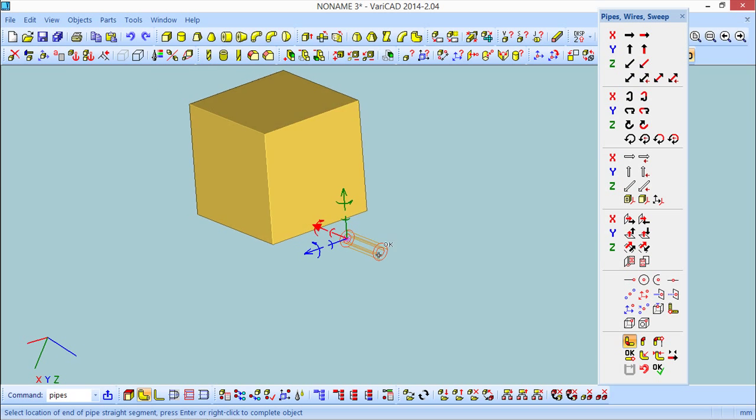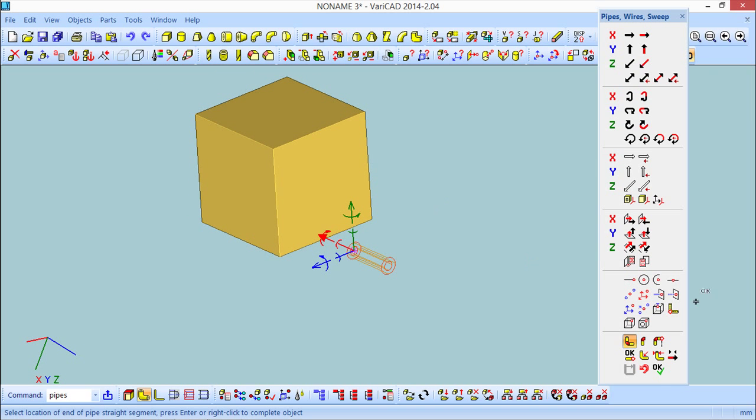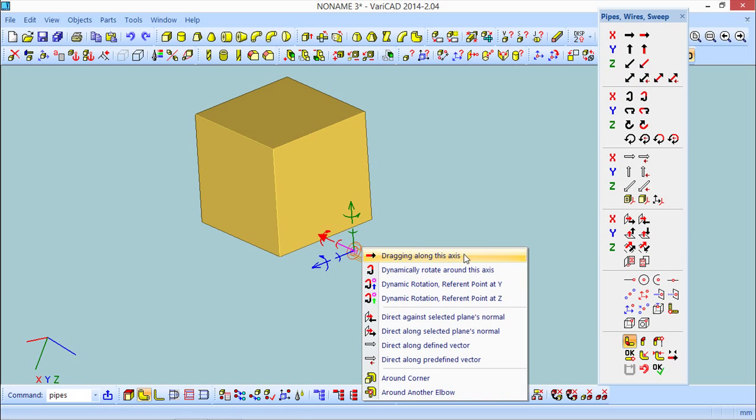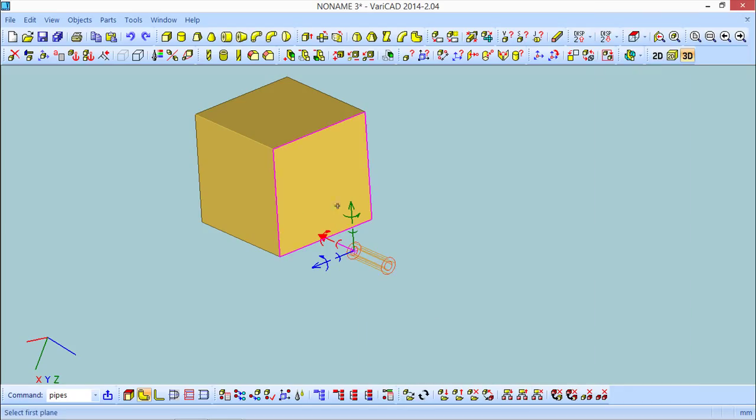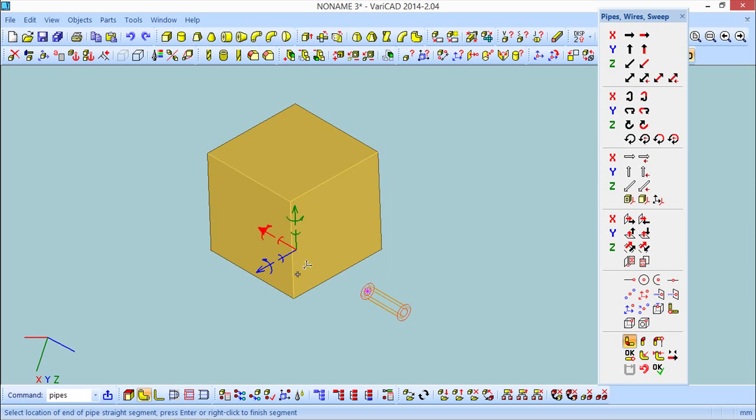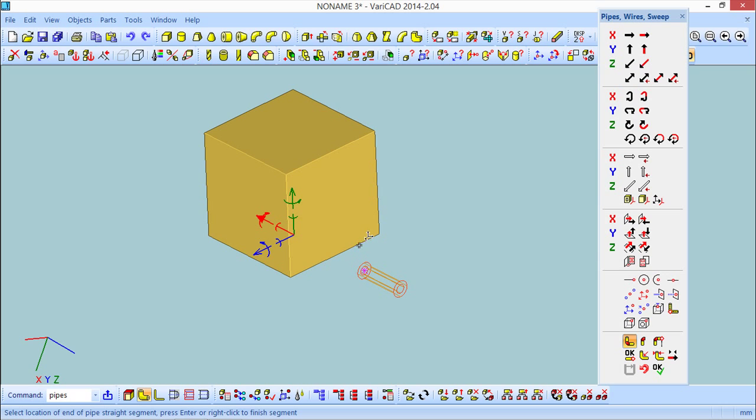Very good. So now, when I'm inserting points, you saw these options here. But if I click on the inner part of the axis with my right mouse button, I have two additional options, which are the around corner. And the around corner allows me to select this plane and this plane. And you see in this case it is wrong because the direction is not properly defined. So I will come back and change this to this side here,